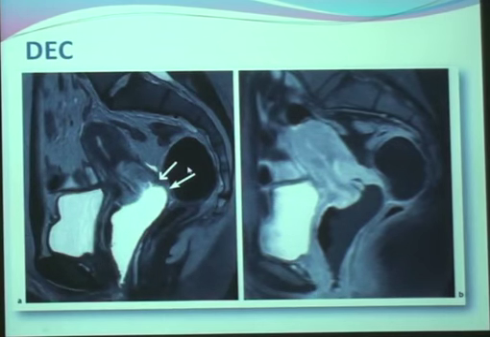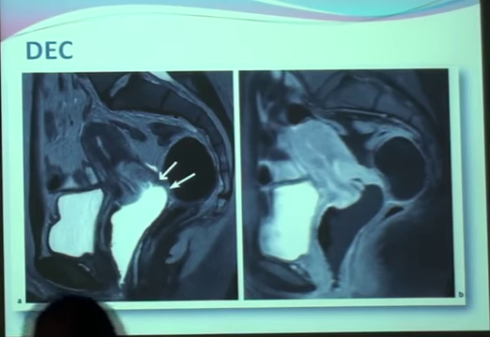This is another image of the dynamic contrast enhanced MRI. This is a sagittal T2 weighted image, and this is a sagittal T1 post-contrast. As we can see here, the tumor is approaching the vagina, and this would alter the diagnosis or alter the staging